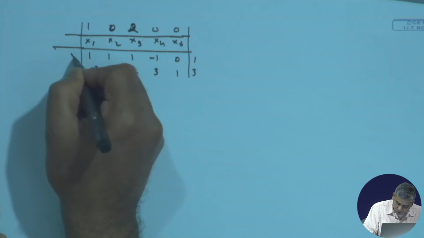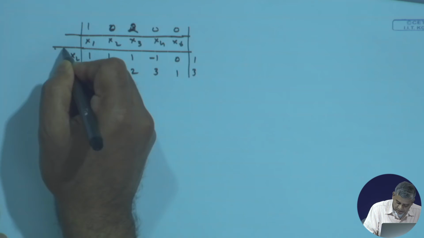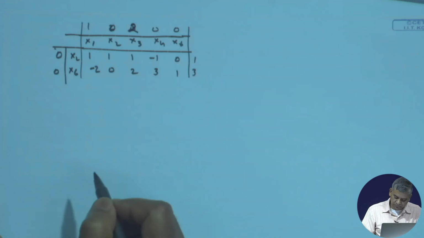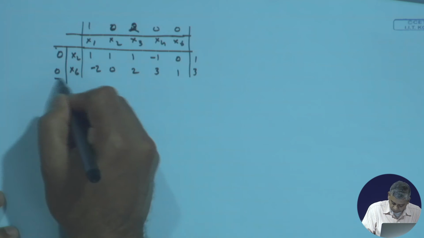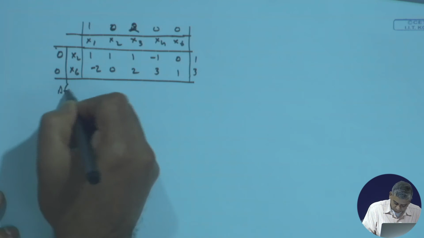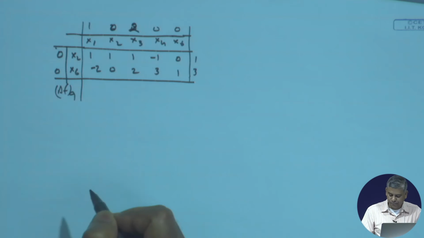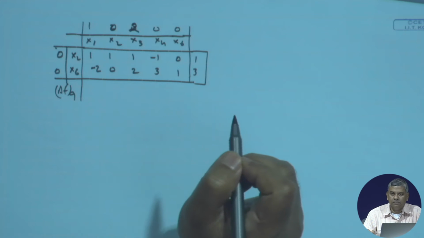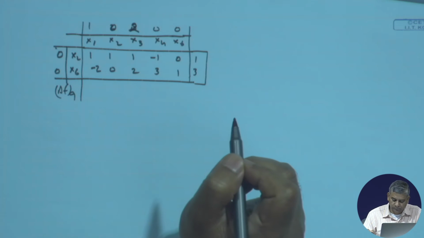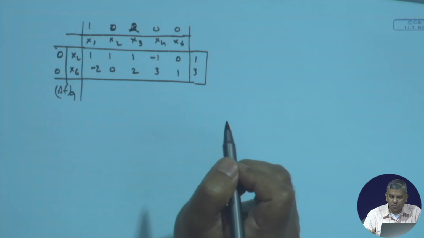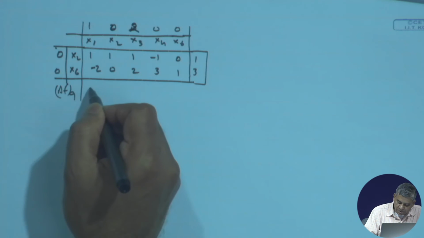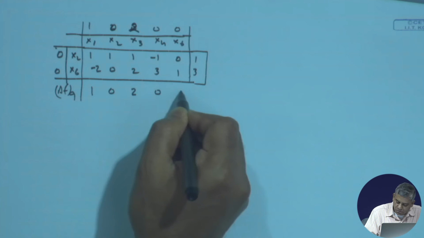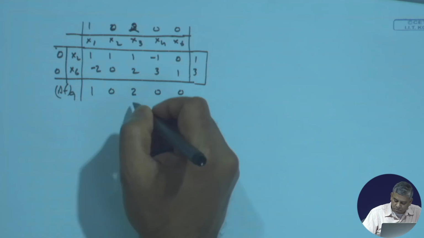And here I had x2 and x6, and now we have 0, x6, 0. Del FQ. Okay, so let's find out what is del FQ. 1 minus 0, 1, 0, 2, 0, 0. So obviously x3